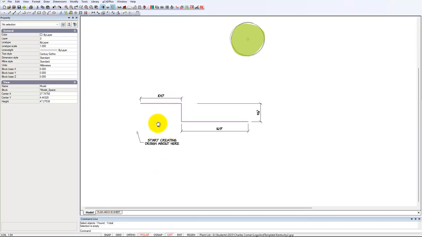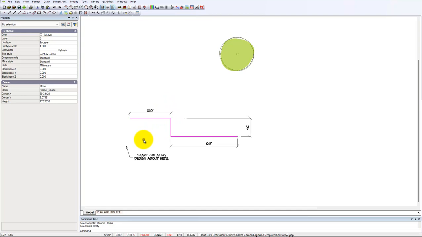And if we want to, the first thing you do in a new job, of course, is to lay out the site. So we're suggesting that you should be able to draw a line, some arbitrary position. It doesn't have to be here. This is just a sample. So we'll start it here, and we'll make sure that polar's on, and we'll head across in this direction. Notice the dotted line going out. That's telling you, it's a clue that you are drawing horizontally, and everything in the US is drawn in decimal feet. So we'll say